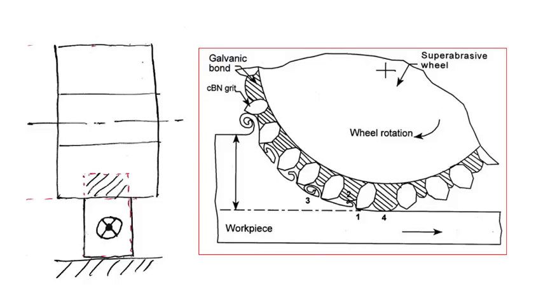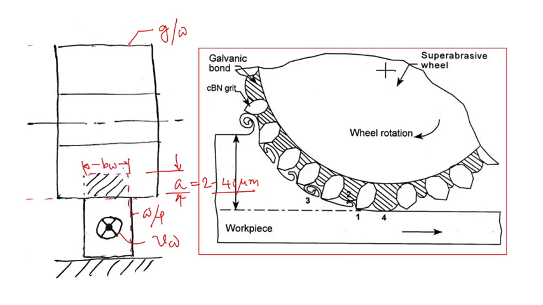Now in grinding, this is the grinding wheel. This is the workpiece. This symbol designates the workpiece is reciprocating, and this is the amount of engagement, down feed. This is typically 2 to 40 micron in that particular zone. This is the width of the workpiece that I have already shown, and this is the width of the grinding wheel, and in our case width of the grinding wheel is more than the width of the workpiece. So this is the side view and this is the front view.